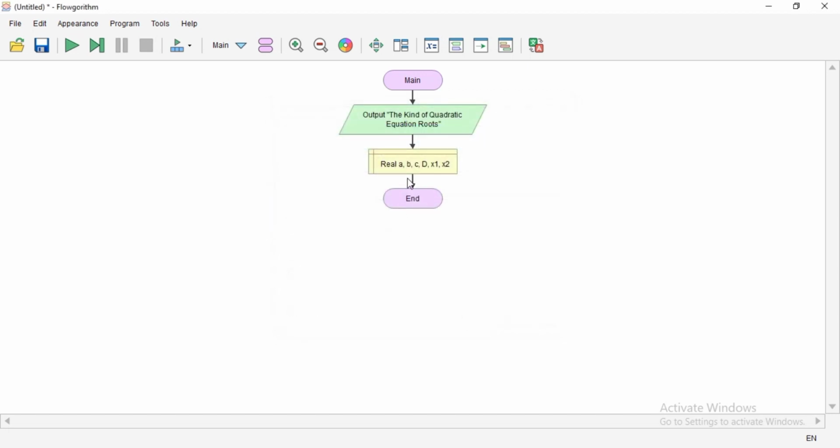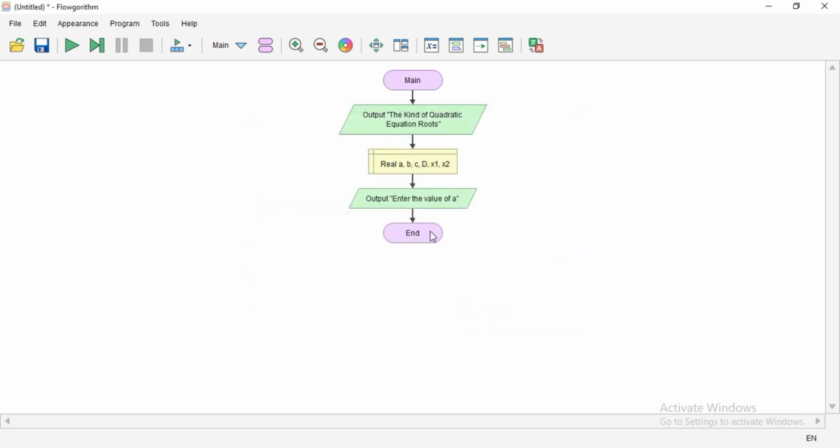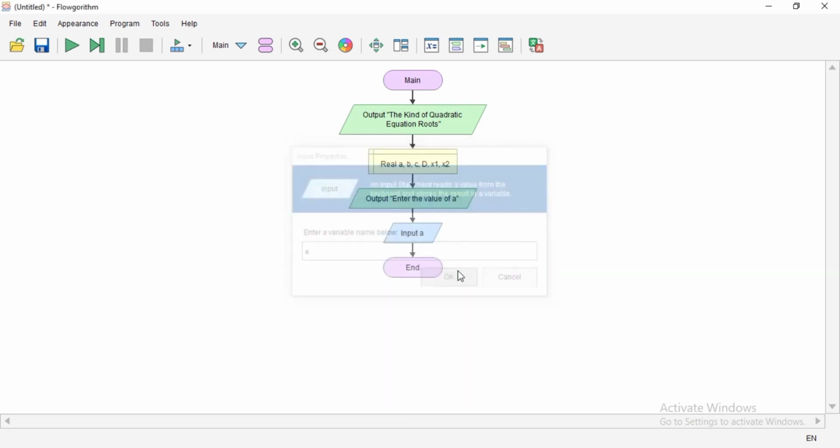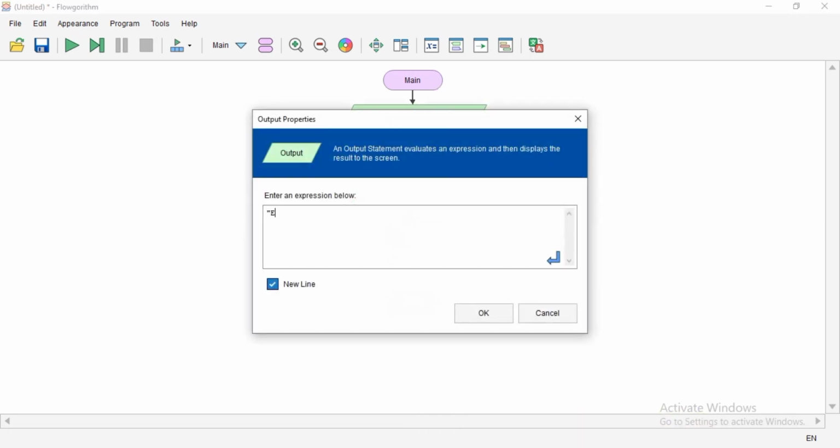Okay, next choose output and type enter the value of a. So the input is a. Output again, enter the value of b.